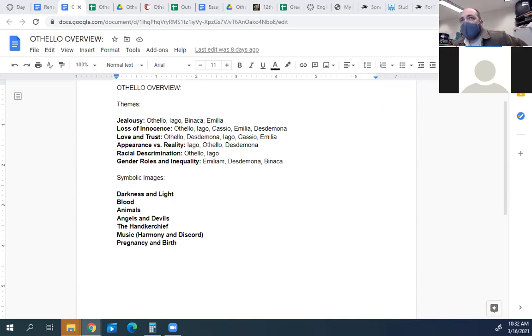And generally, one of the keys to understanding the themes is looking at the imagery that he chooses, because it's all connected. He has these particular symbols and they show up over and over and over again. And if you can identify them early, they help you understand the whole play. And so that's really what I want to go over today. So I'm just going to run down the list.